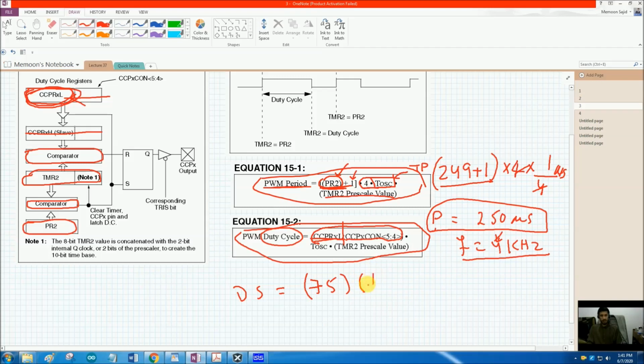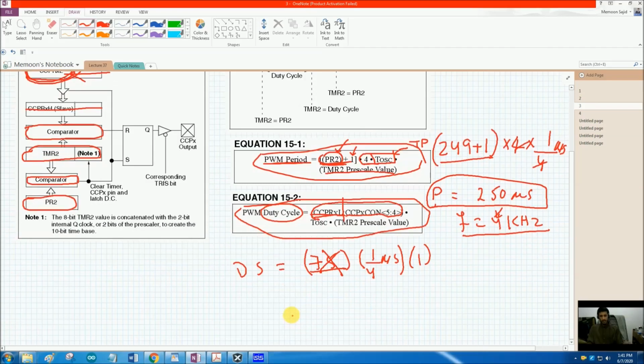So the main clock oscillator has a time period of 1/4 microsecond, and for the Timer2 prescaler, we are not using any prescaler, so this should be 1. In this case, this 75 is wrong, because for a 10-bit register,